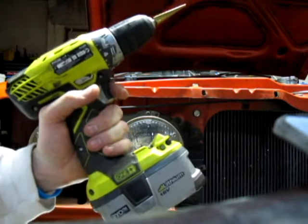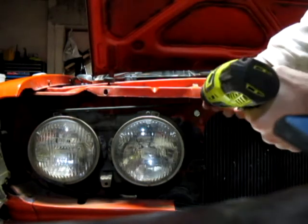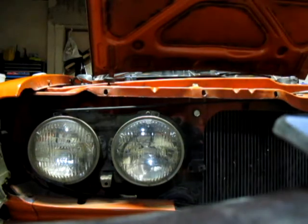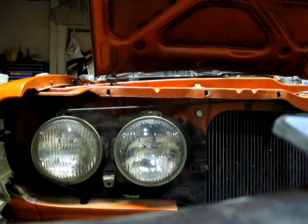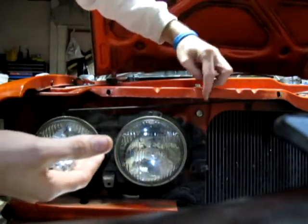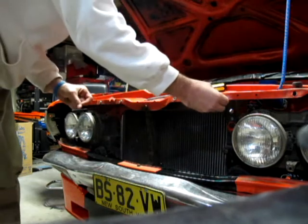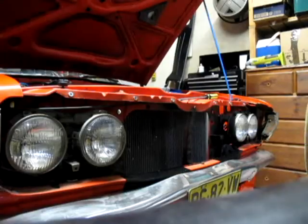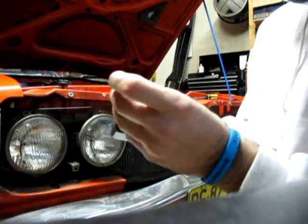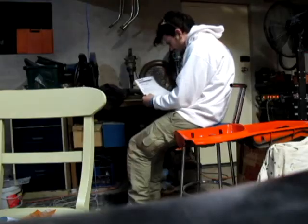Next we're going to use my drill with a step drill attached. How this works is it goes in the hole, which is a little bit too small, and we're just going to ream it out just a tiny little bit using the next step, so that now our rivets, which we'll open one up right now, will sit nicely in the holes. Okay, so the next part's easy. You just put the thing in the watchamadoozie and then